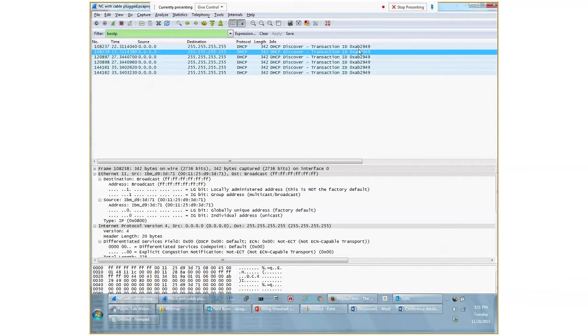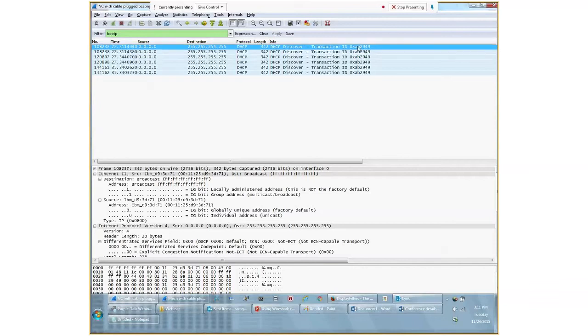Another way to check if it is from one particular client: for every discover, or the 4 or 5 discover packets it is going to send, the transaction ID will be the same. It will look for about 1 or 1.5 minutes to get an IP address. The first time it sends one discover packet, then after about 4 seconds it sends again, then the interval increases little by little, to about 15 seconds or so, and it sends about 4 discover packets.